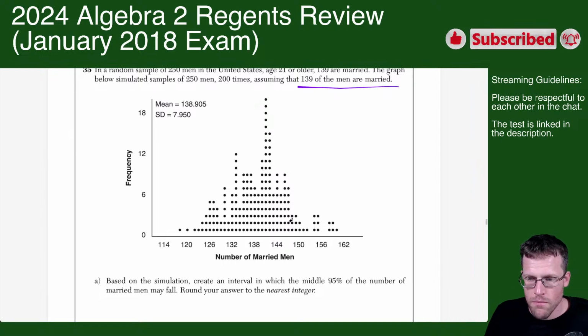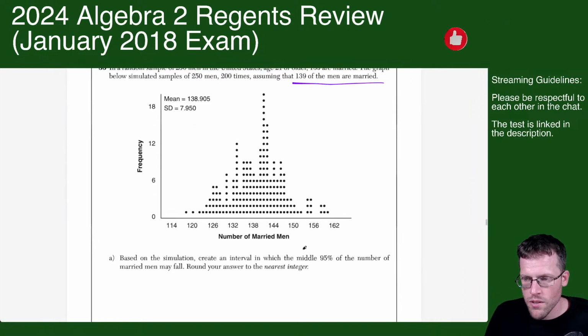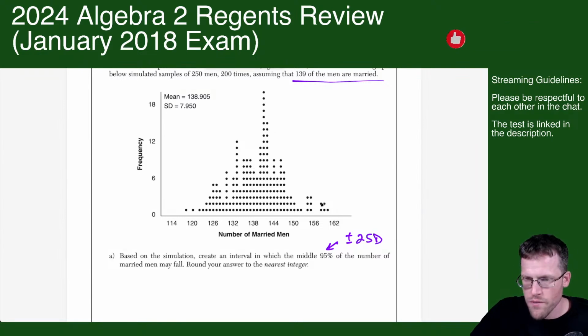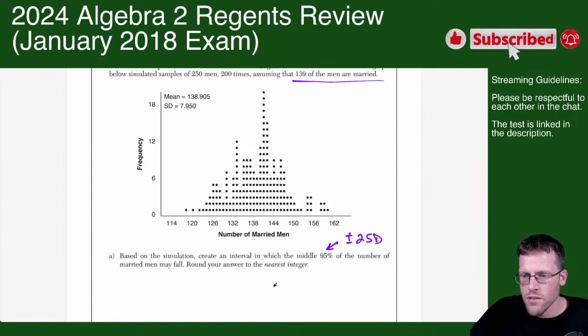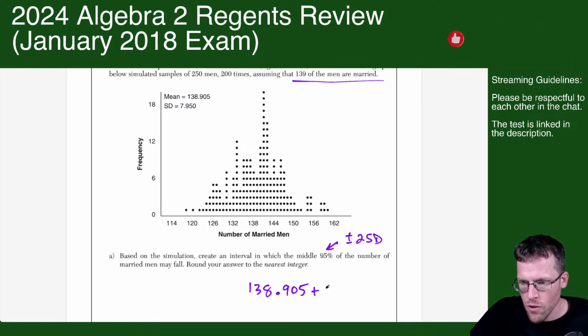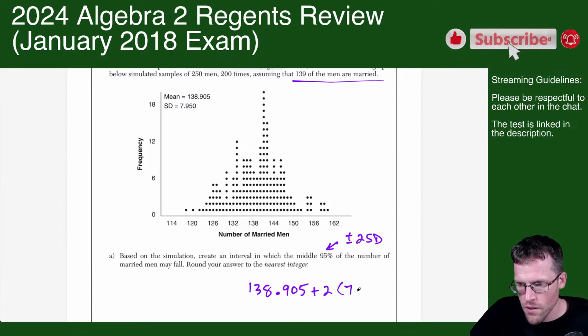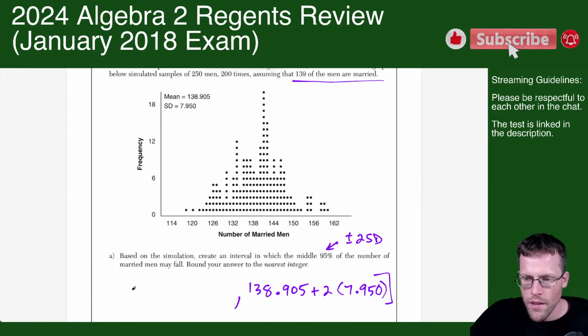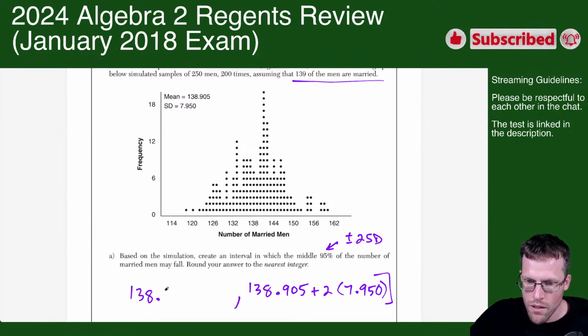Cool. So based on the simulation, create an interval in which the middle 95% of the number of married men may fall. So this is just plus or minus 2 standard deviations from the mean. If we have a mean of 138.905, I go plus 2 times the standard deviation. Okay, so this is our interval. That's the maximum value here. And then the minimum value, I take the mean